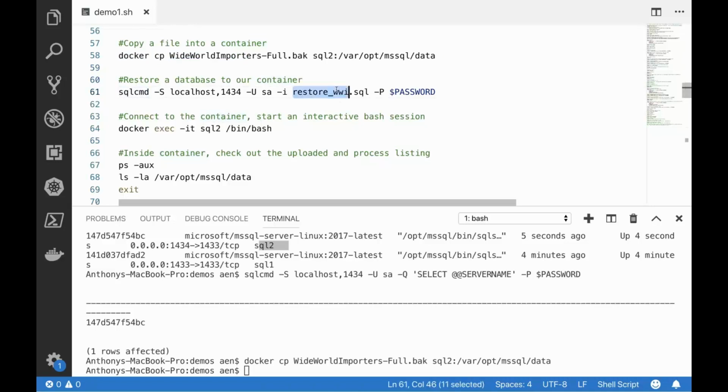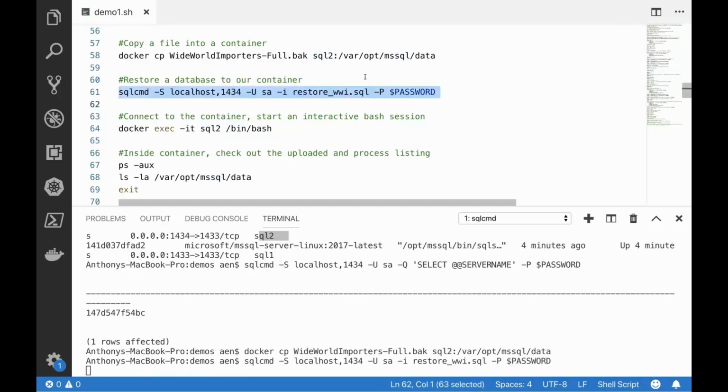I'm now going to run a script to restore that database. So I'm going to feed into sqlcmd just the right stuff to restore that database, and I'm going to go ahead and run that code now. And behind the scenes, since that backup is inside the container, the code that I'm executing reads that file and creates all of the appropriate things and resources on the local system while it restores that database. Once that finishes, we'll get access back to our console here.